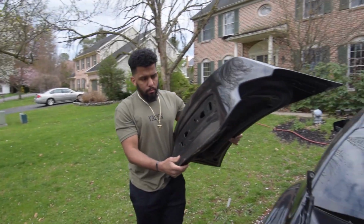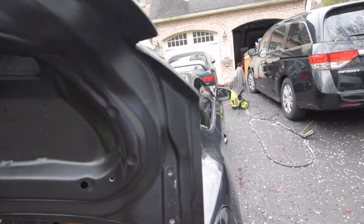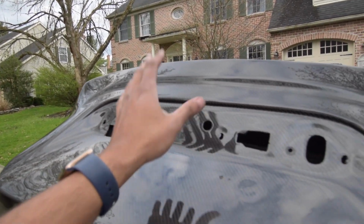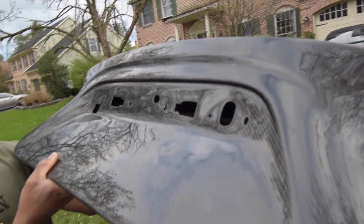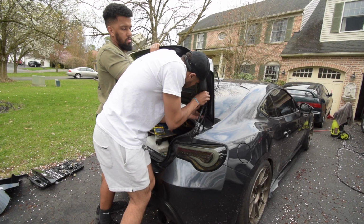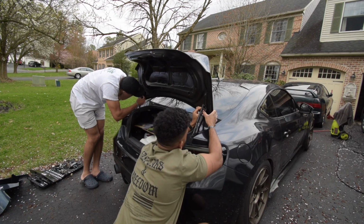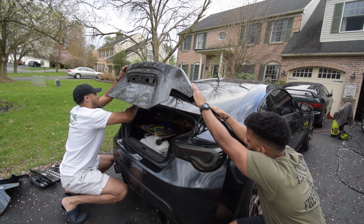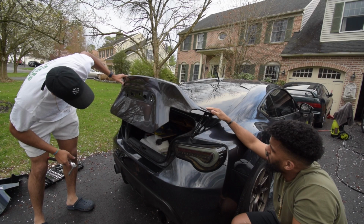All right, so my boy Dion has got it up. All right, sir, we gotta literally just reverse the process. See, the mounting holes are already there. Thank God these holes are already pre-drilled from the previous owner, so I don't have to worry about cutting into my brand new, quote unquote brand new carbon fiber trunk. So thank you, previous owner. It's not gonna lock, obviously, but